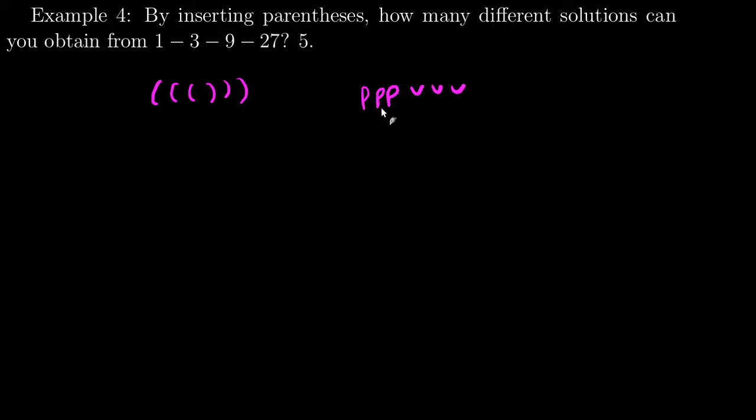This right here would be open parentheses, open parentheses, 1 minus 3, close parentheses, minus 9, close parentheses. So this cut off here, but now everything else is determined. I have to close that parentheses because it's the subtraction. I have to do another operation and close off those parentheses. If I had